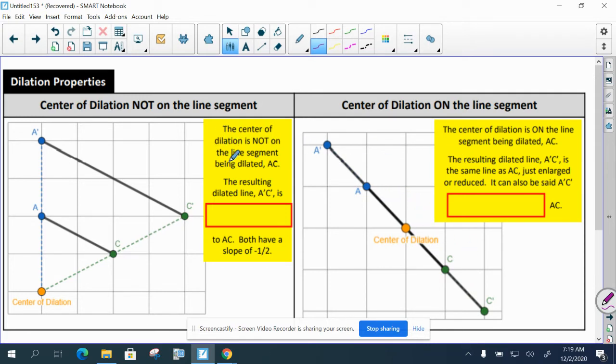Okay, so the center of dilation is not on the line segment being dilated. The resulting dilated line AC is, I'm going to try to see if